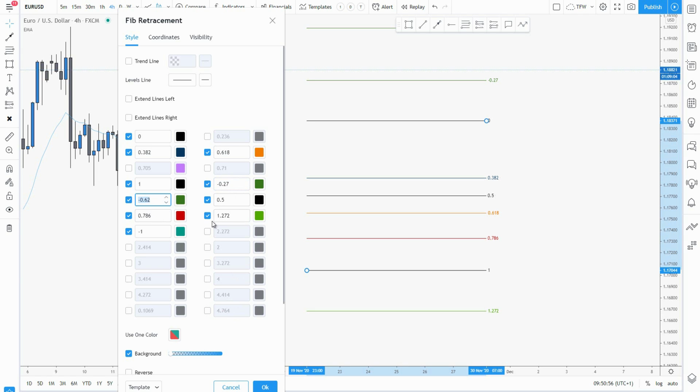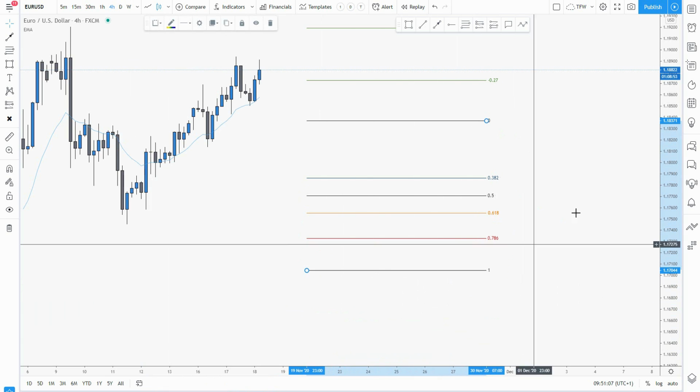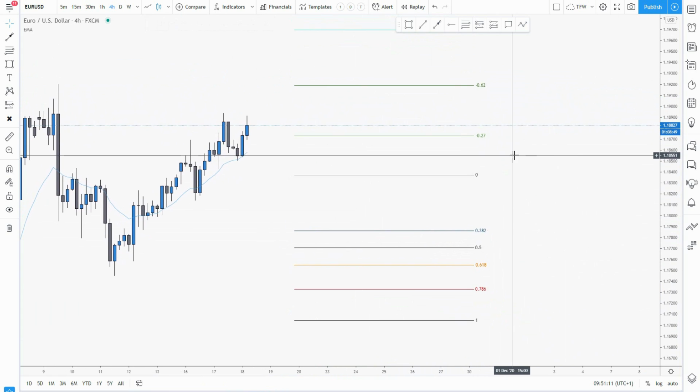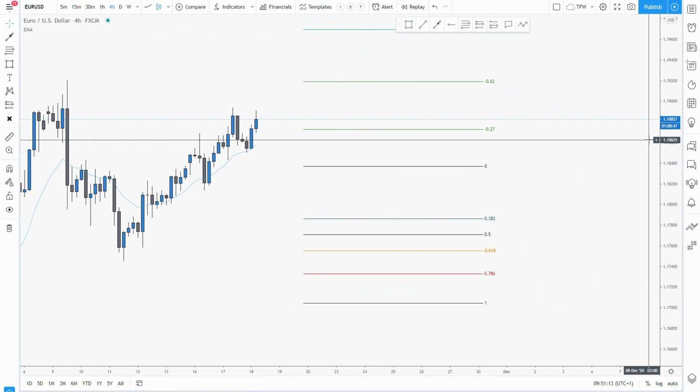All right. And then again, what you can do, even to ease yourself more, you type 1.272. And this is another extension on the other side. All right. So, when you got this, when you click OK, your Fibonacci should be looking clean and very nice like this. Okay. So there are 2 strategies that I use with the Fib,